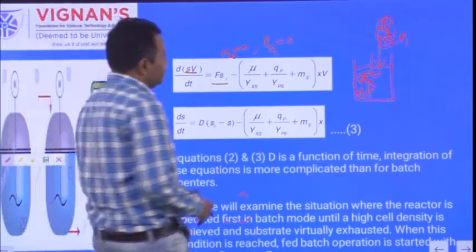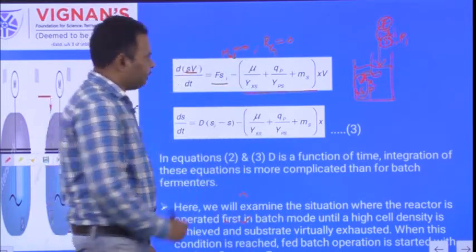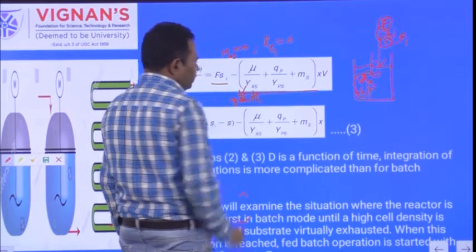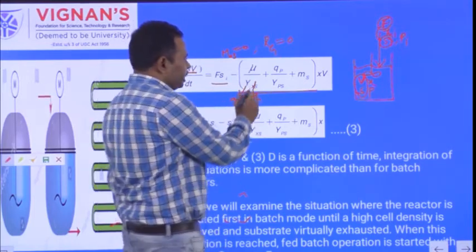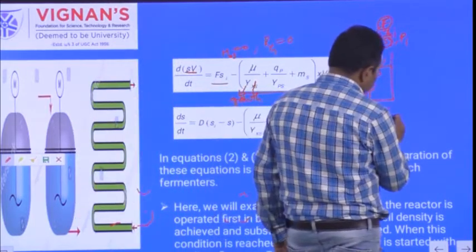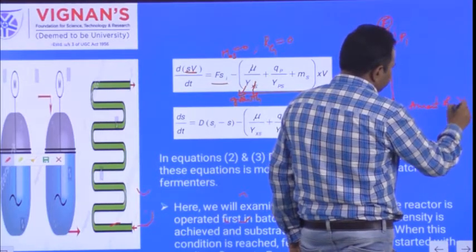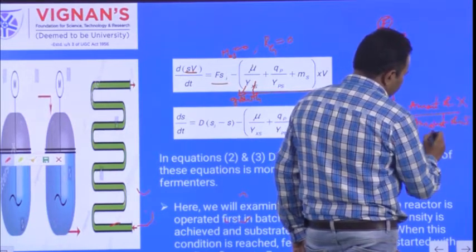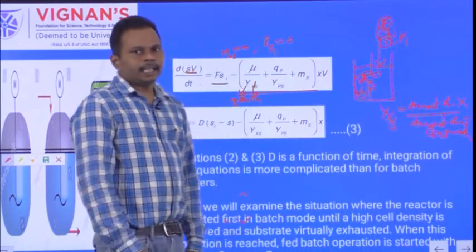What is the consumption of the substrate? Yes, there is a consumption of the substrate for various activities. That means the consumption of the substrate for growth of the cell, for growth: mu by Yx/s. Mu is nothing but the specific growth rate of the cell, and Yx/s is the yield, that means biomass produced from the amount of the substrate consumed. Yx/s is nothing but the amount of biomass X produced by the amount of substrate S consumed.